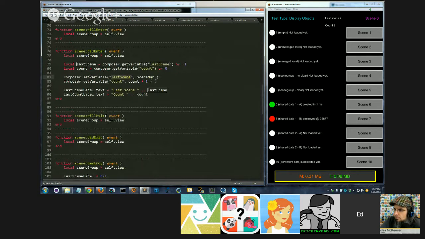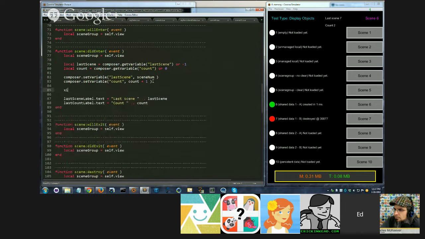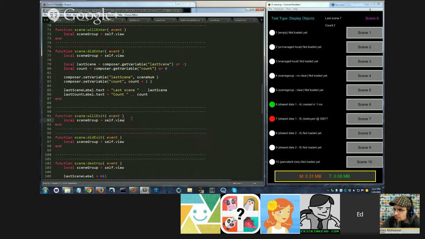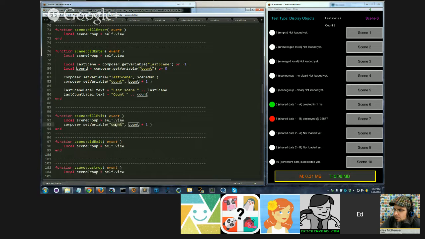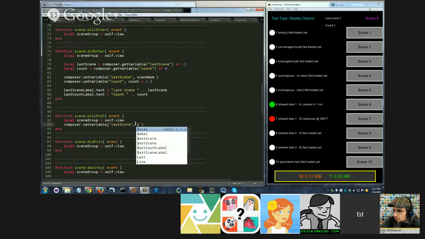And then some other time when I need it, I could make a variable like compose, if I can type. This is what happens when you offset your fingers on the keyboard. A more practical example would be, let's say I had a level, and right before it exited, I wanted to save the score. And let's say I was saving the score in some variable somewhere else in my file. So I could save last score, and let's pretend that I have a variable called last score defined somewhere else in this file. It'll take the value out of that variable and store it. And now any other Composer scene after this can simply do